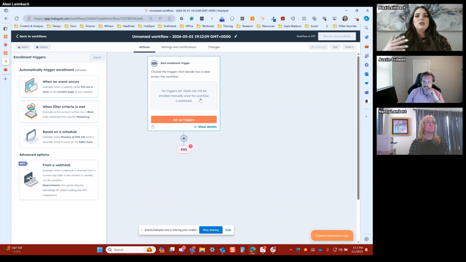You can translate that in so many other ways and other business models, sending reminder emails of something coming up based off of a deal property date. So that's the type of workflow we're going to build out. We're going to start simple, and then the next workflow is going to be a lot more built out and complex, but just to warm our feet up a little bit.